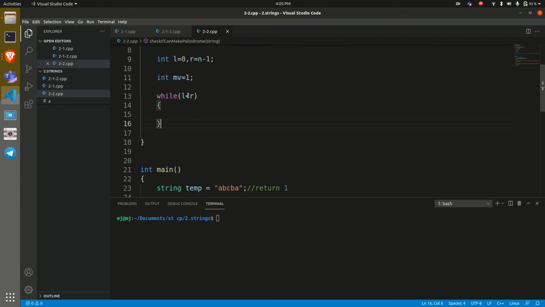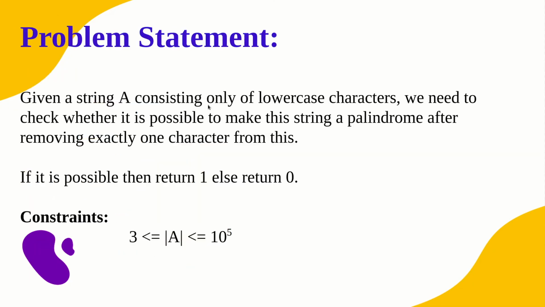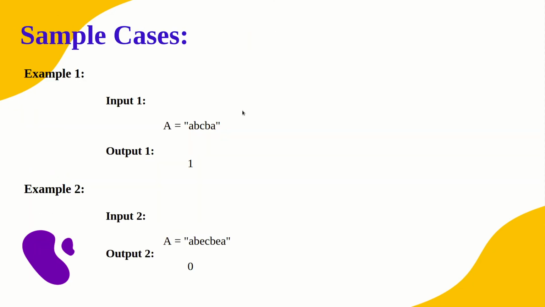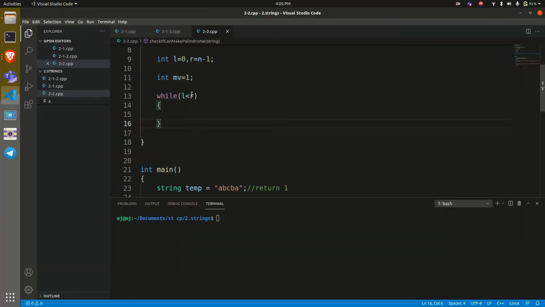Why L is less than R? Because we are moving in both directions, this as well as this. So L less than R is the condition throughout which we can loop over the string. Once L crosses R, we know that we have traversed the entire string and we can stop. So this is the terminating condition for the while loop here.